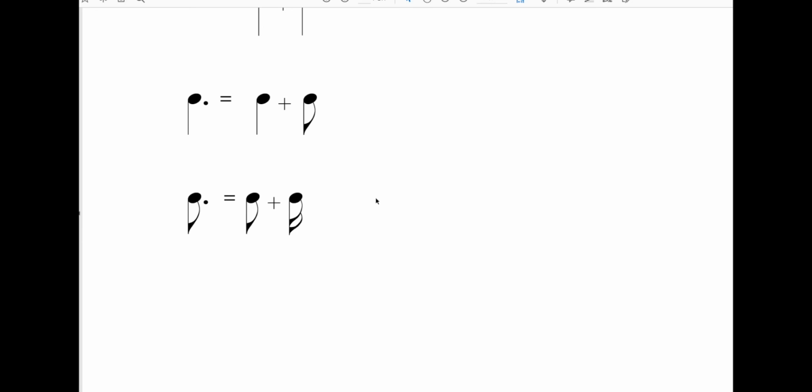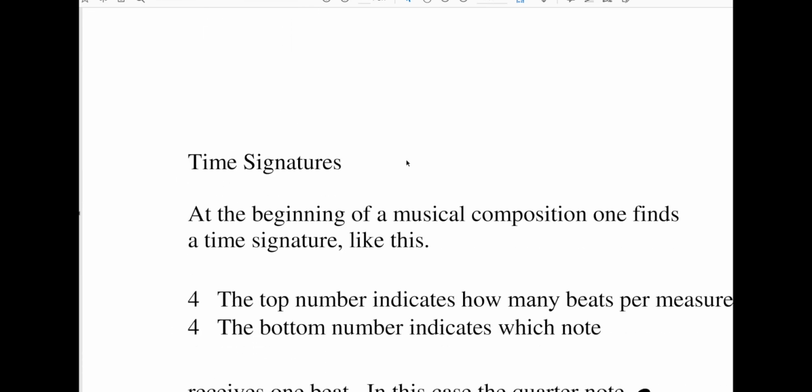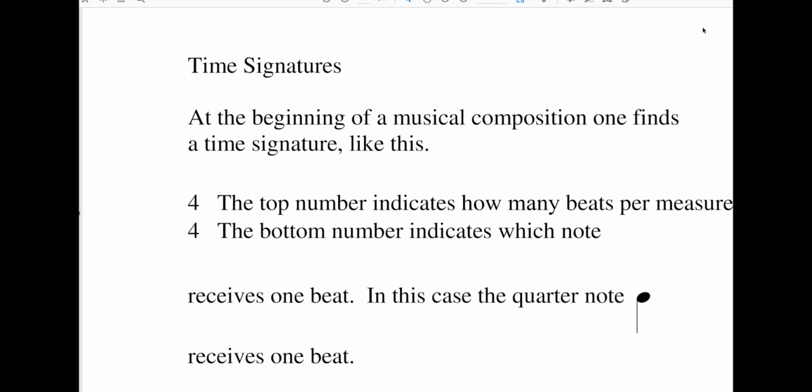So this is one of the key reference points that you'll want to work on in this class and learn this very quickly. If you don't understand rhythm, that's usually something in this video that I've just talked about. The next thing we're going to look at, let's just talk about this as long as we're doing it. We're going to talk about